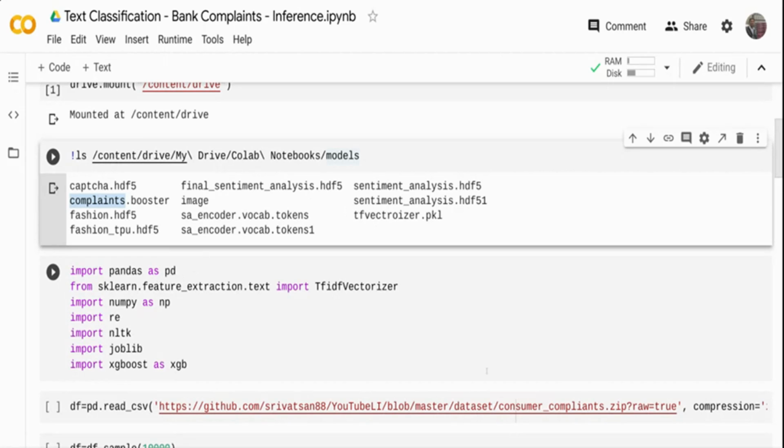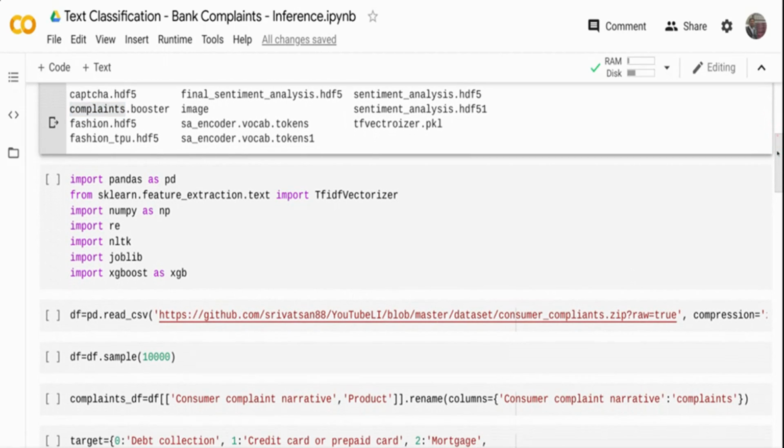So I'm importing all the required packages. I am importing pandas so that we can test whether our deployment pipeline and training pipeline are the same. We are going to use the TF-IDF vectorizer. I just imported it, but I don't need it here because I already have it in my pickle package, and I'm going to assign it and just transform. Then I have NumPy, and I have regular expressions for cleaning the data. I have NLTK for stop word removal and stemming. I have joblib because I dumped the model using the joblib package. I also need to load it using that package, and I have XGBoost installed.